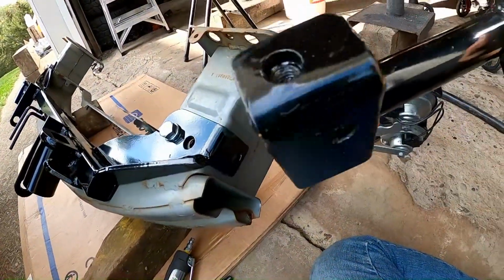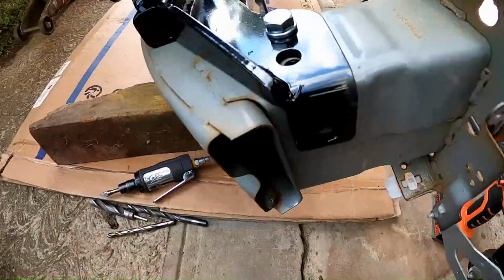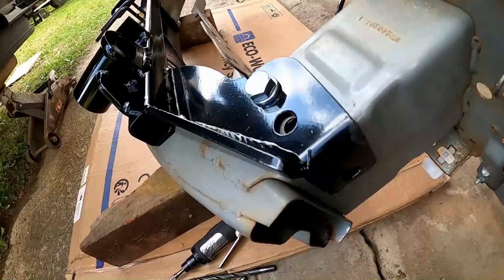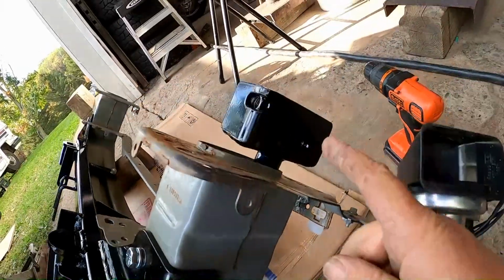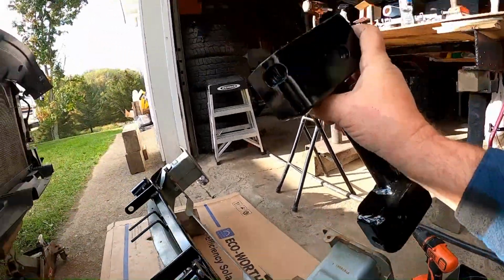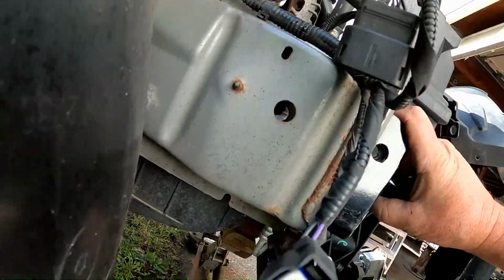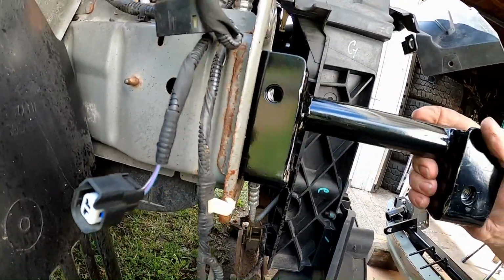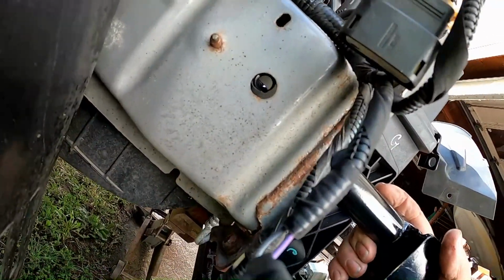This is pretty involved. This will go inside this bumper and line up with this and that side hole. So once I drill it, that leaves this hanging out. When you flip the bumper back over to the car, it lines up with that hole. Let me get another grip on that. So this goes in and lines up with that hole, and as you can see, that doesn't quite